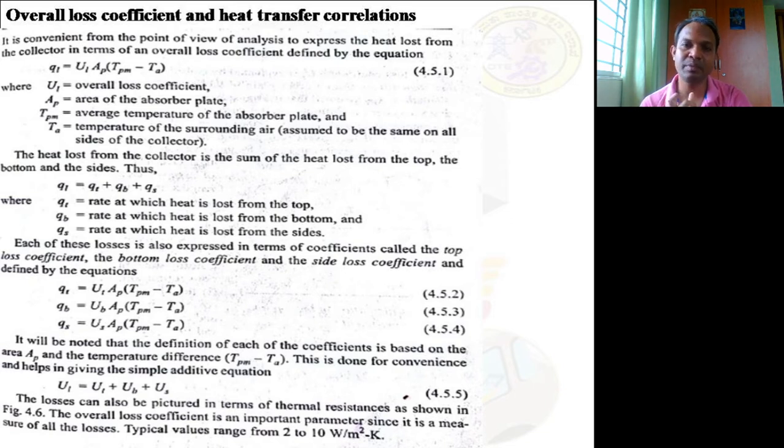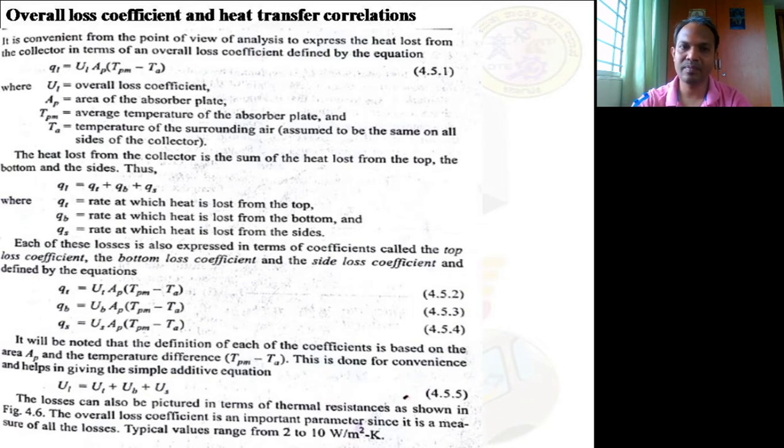Whatever loss takes place in convection is given by Newton's law of cooling. According to Newton's law of cooling, Q, the heat flux or the rate of heat transfer,